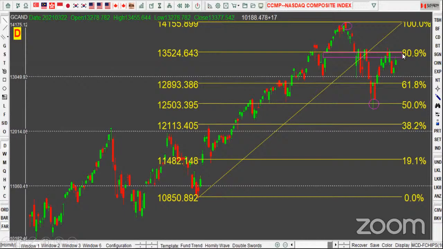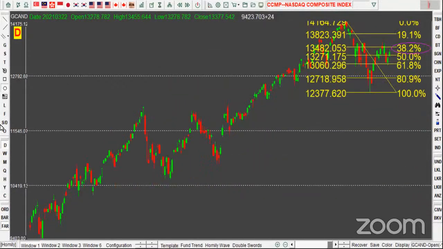This is the resistance. So if tonight for US markets, Nasdaq, it can break up this level here, 80.9% resistance level, that means high probability, at least for short term, is going to go up to touch the previous high points. Right? The previous high is here. So that is the performance for Nasdaq. And if we continue to check Nasdaq in another way,